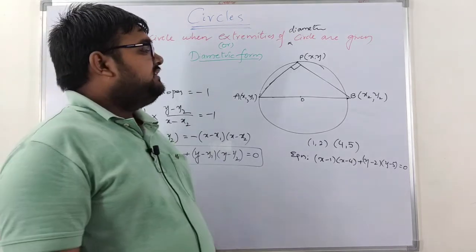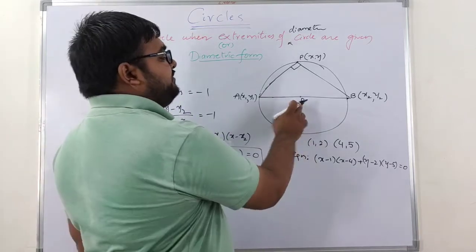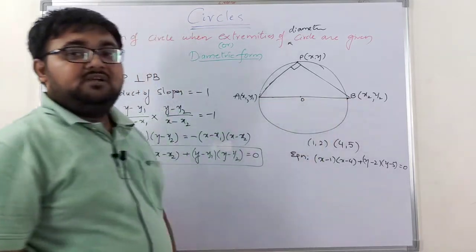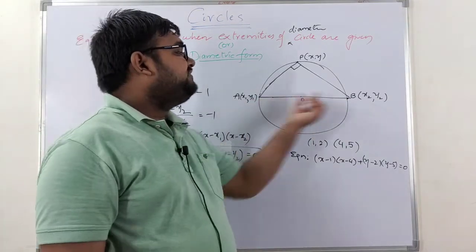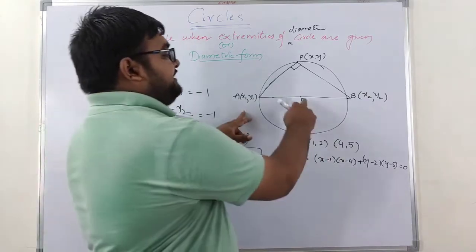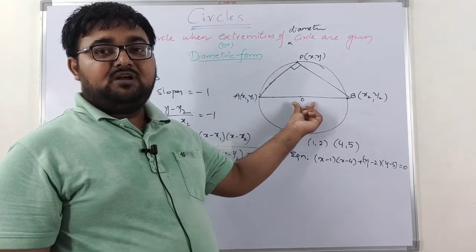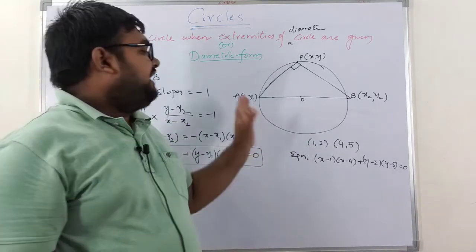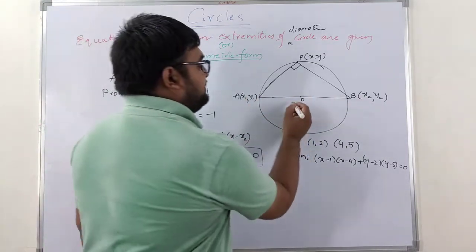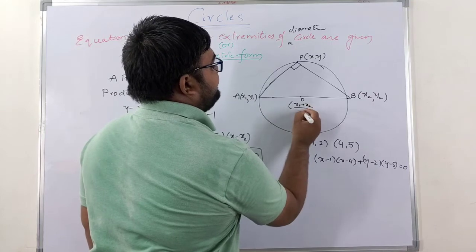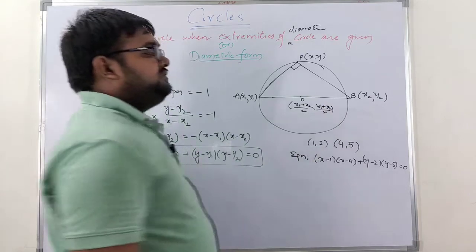Now there is one more approach which we can do, but it is somewhat lengthy. You can solve this by means of the center radius form also. Already we know, if you know the extremities of a diameter, then O is nothing but the midpoint of these 2 points, so O is the midpoint of AB. Already we know the midpoint formula, the average of the given coordinates. So this point becomes ((x1 plus x2) by 2, (y1 plus y2) by 2).